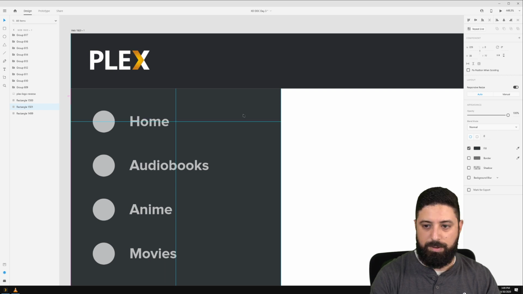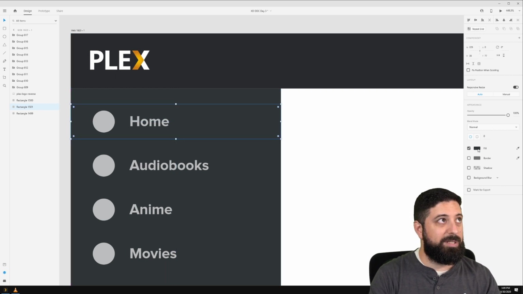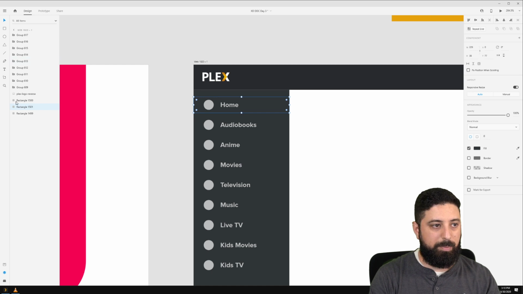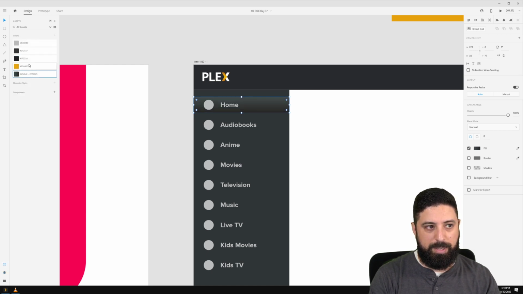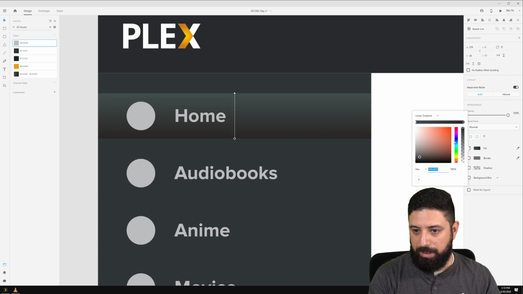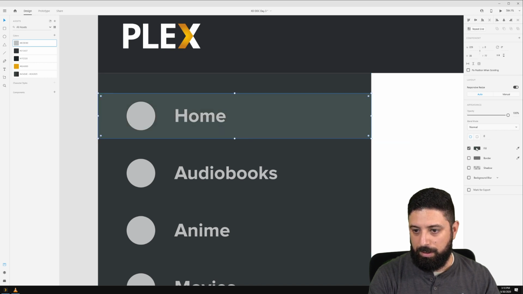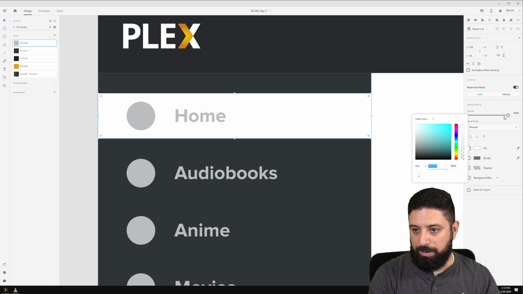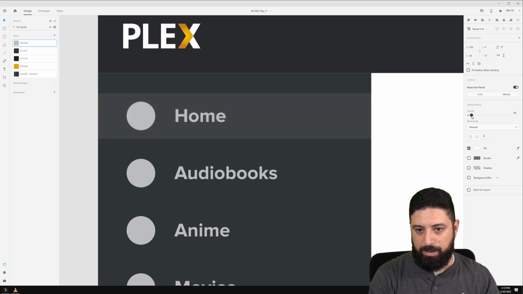Bring that down to there. And I might just say lightness a little bit. So maybe I'll pick from one of the color swatches that I had, or I could darken that up. But let's do something along these lines. We'll go solid color. I might even just make this white, and then I'm going to bring this opacity down. So even something like 8%.